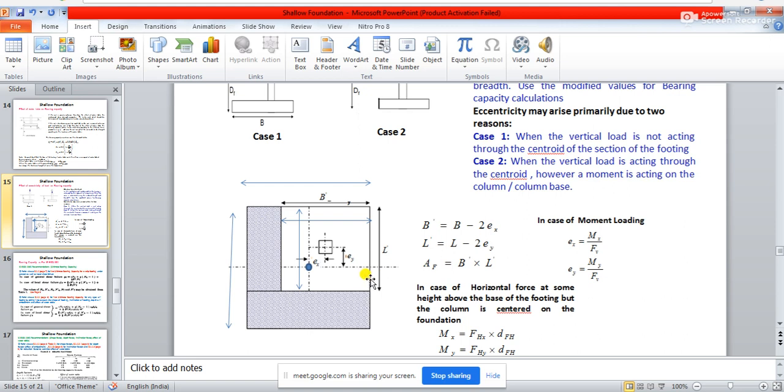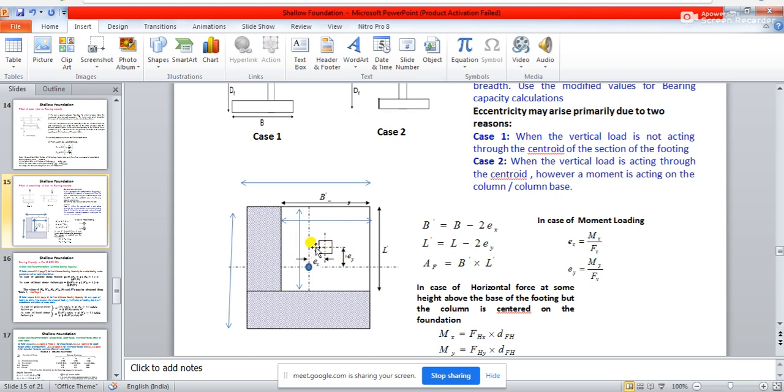Basically, you see, in this direction it is being shifted by Ex, and in this direction it is shifted by Ey. Now, if you only subtract E, then this distance will not be covered, because when you are here, it is balanced on this side as well as this side.